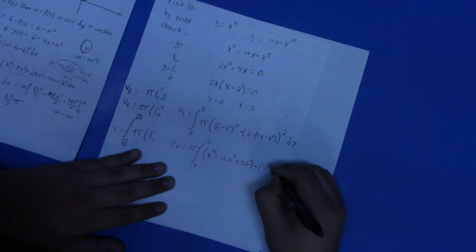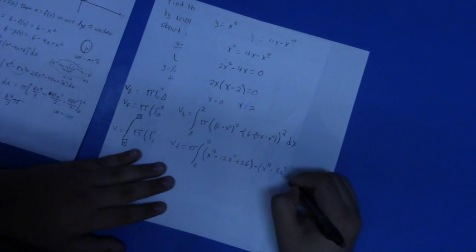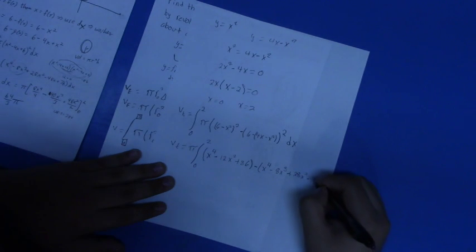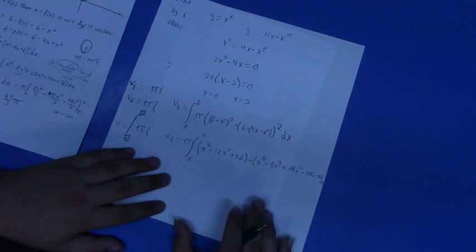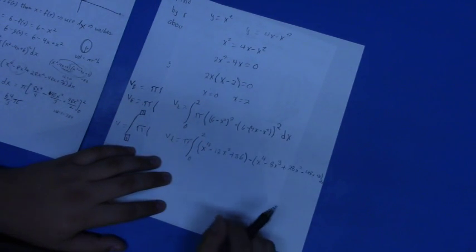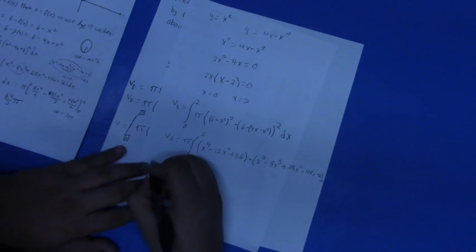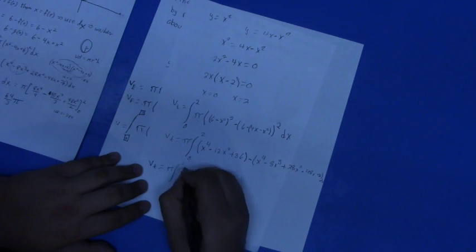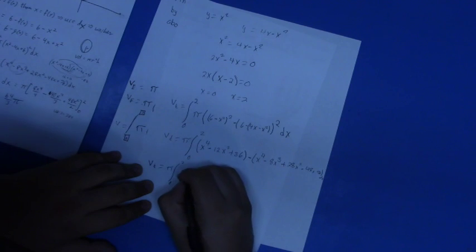minus x to the 4th minus 8x to the 3rd plus 28x squared minus 48x plus 36, and then a dx down here, running out of room. So what we just did is distribute this over and simplify this. Now we're going to simplify it even further by distributing the negative and then adding them. So our total volume is going to be pi, integral from 0 to 2,